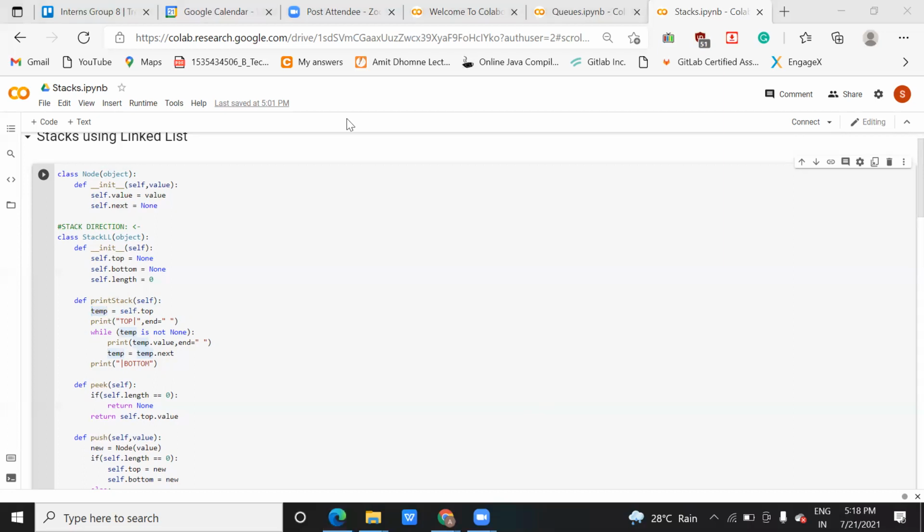It was something like this. This is called a node, and it is divided into two parts. This is called your data.